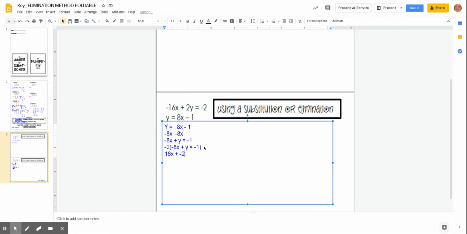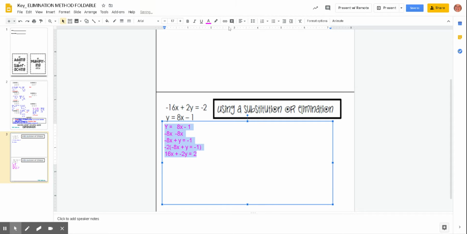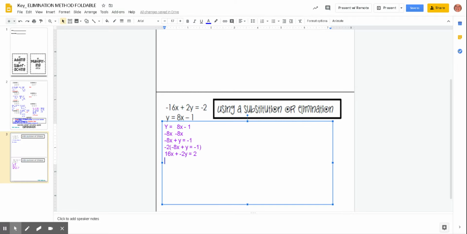and a negative 2y equals a positive 2. And if I bring down this one right here, my original, so all of this was us altering the equation to find an additive inverse and get in standard form. So the other original was negative 16x plus 2y